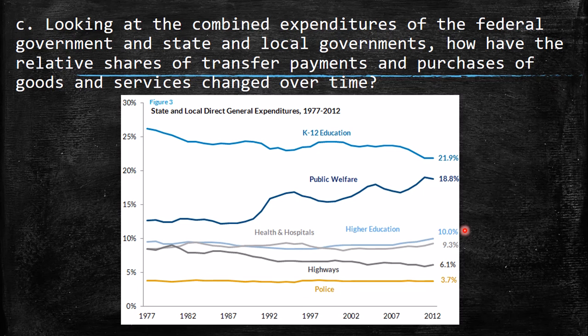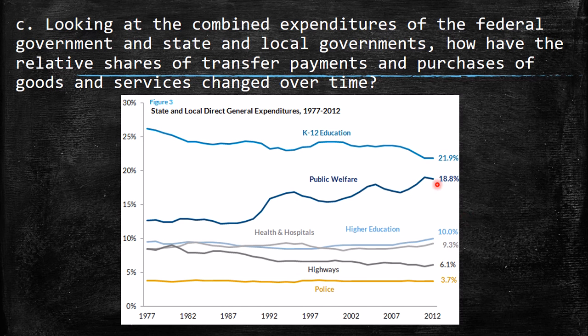Here we have another question that I actually found while surfing the internet. It looks at the combined expenditures of the federal government and state and local governments. How have the relative shares of transfer payments and purchases of goods and services changed over time? As you visualized before, I had considered the federal receipts, and here I consider the state and local direct general expenditures from 1977 to